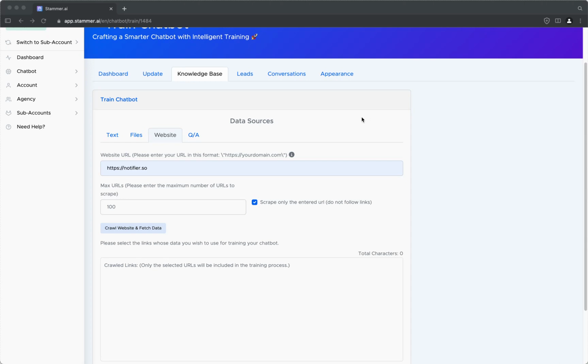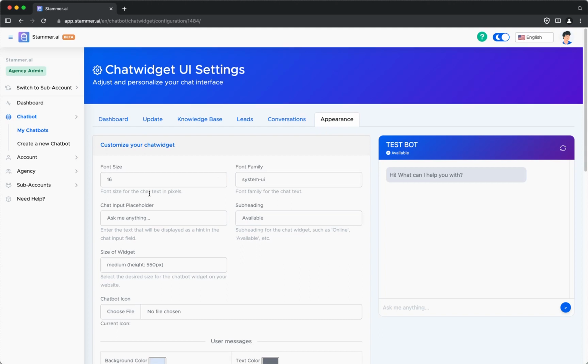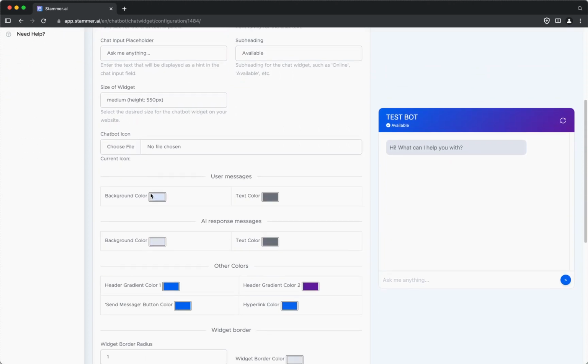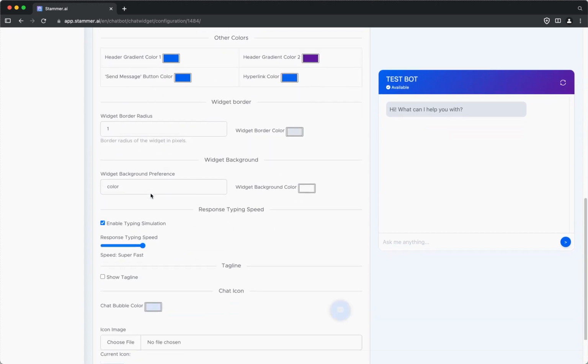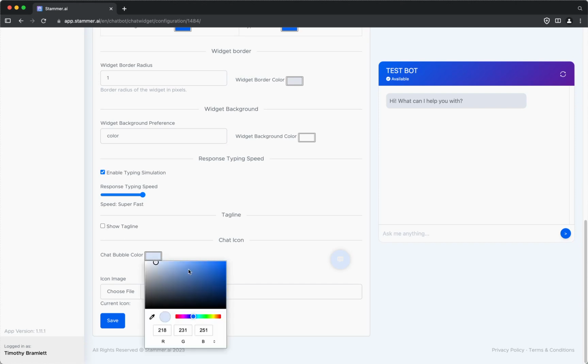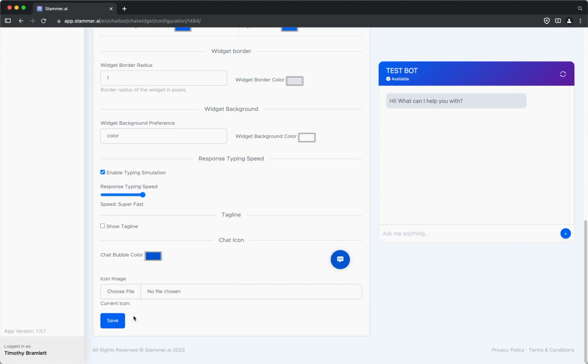Okay, and now the final minor feature that we got out with this release is the chat widget bubble color. So if you go to appearance, and then we will scroll down to chat bubble color right here. This will allow you to set a custom color for that. So we can click here and select something else, and then it'll appear here and allow you to change that. But that is it for Stammer version